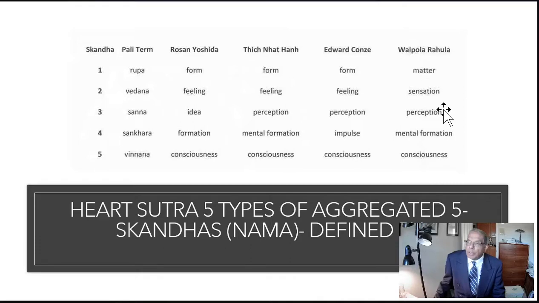In other words, it is kind of a memory module, which is the mental imagery module, so that whenever we perceive something, we can immediately remember and perceive that image. So the fourth one is the sankhara, the formation, which is mental formation or impulses. It is actually the cognitive module, the thinking component: thinking, deciding, planning, all that comes into the cognitive module. That is the sankhara module of the Buddha's, the fourth module.